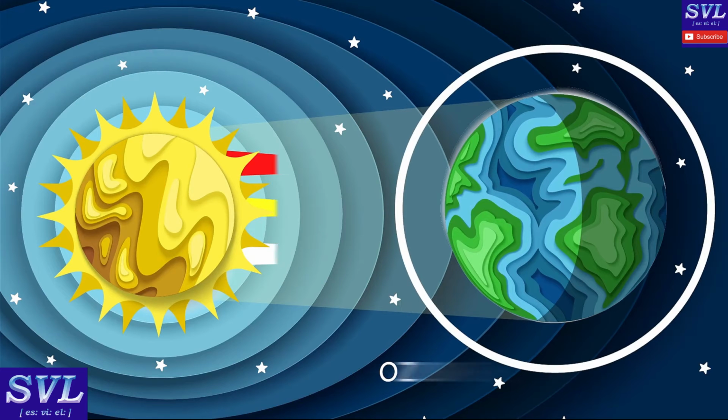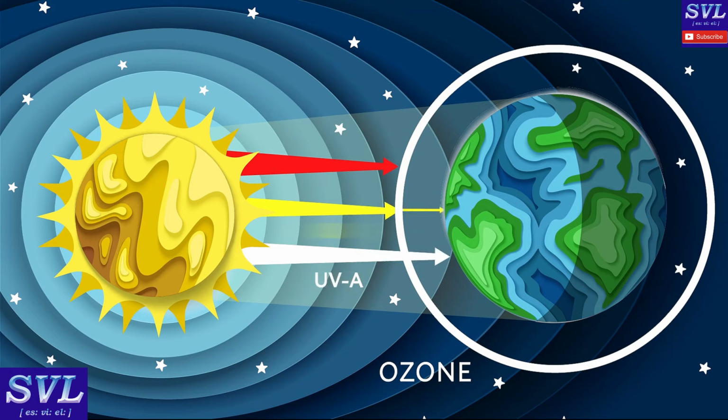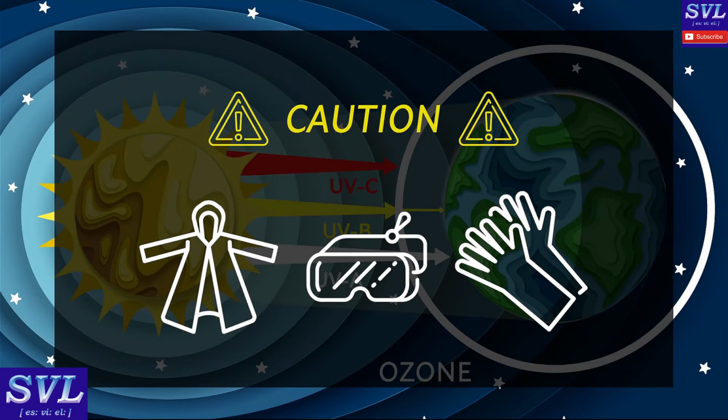ultraviolet light that reach the ozone layer around the Earth. There's UVA, UVB, and UVC. It's important to remember that without the ozone layer to protect us, artificial UV light can be harmful to living things and should be used in unoccupied spaces, or special protective gear should be worn to avoid the damaging effects